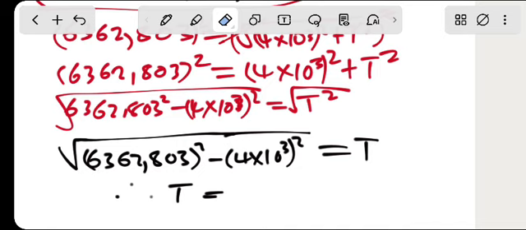Okay, I will have this value, guys. We'll have this to be